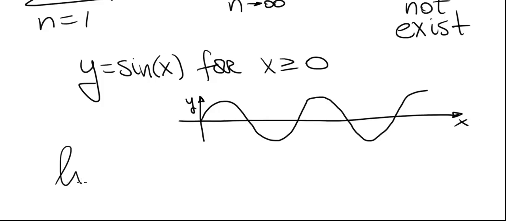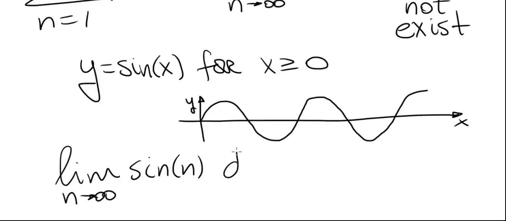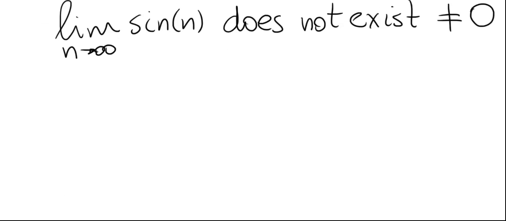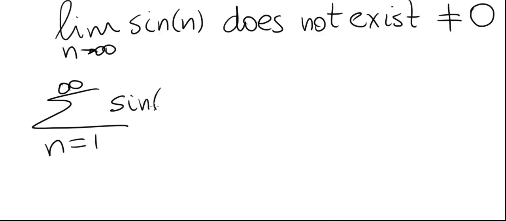So the limit as n goes to infinity of sine of n does not exist, and does not exist means obviously that it is not equal to 0. There is nothing that it goes to, so it doesn't go to 0, and that means we can now use the test for divergence to conclude that the series from 1 to infinity of sine of n diverges